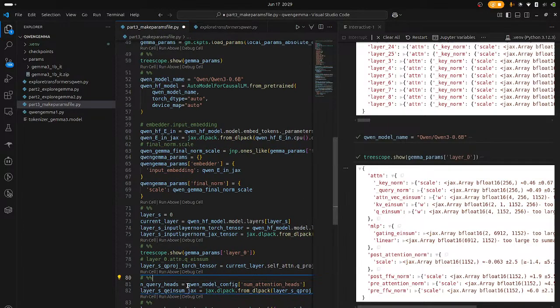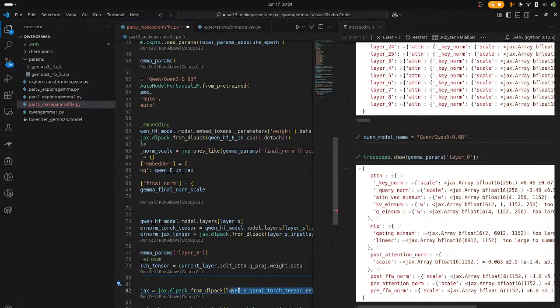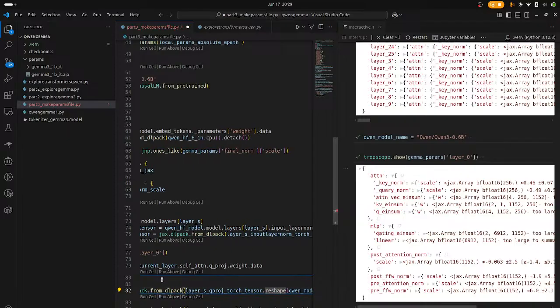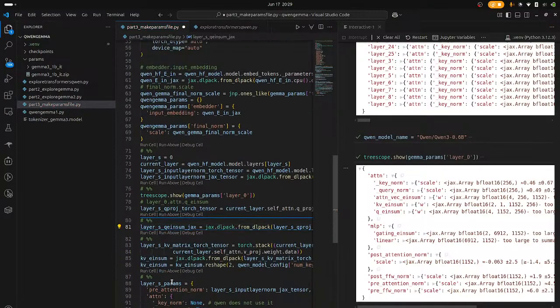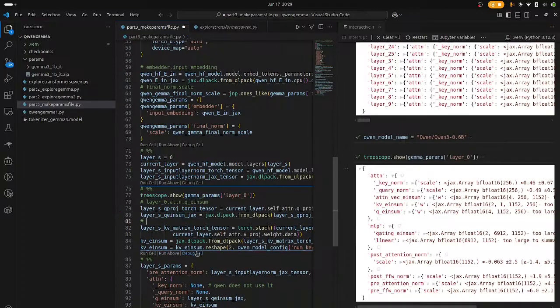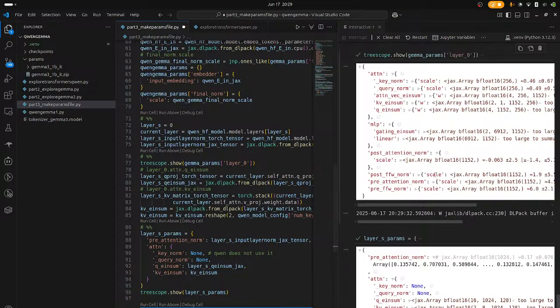In query heads, I would like us to not use so many variables, just rely a lot on this stuff. And then now we are in layer 0 dot attention dot Qwen3, and we're putting it all in. And we do not have key norms and query norms in Qwen,